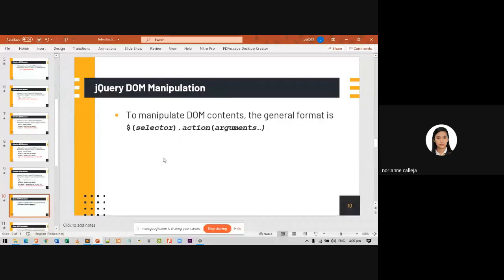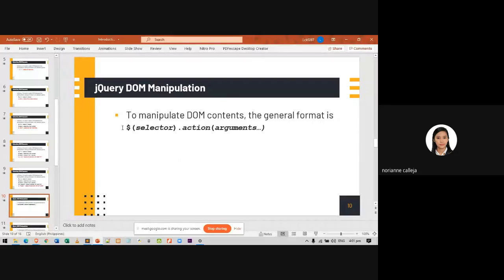We have to select its content and somehow apply some actions or manipulations to those contents. So, the general format for manipulation of DOM contents is this.